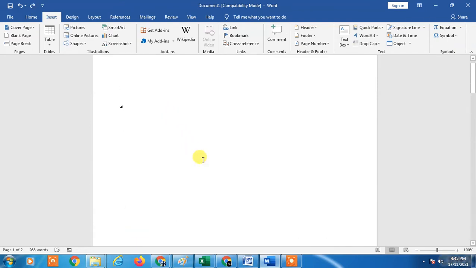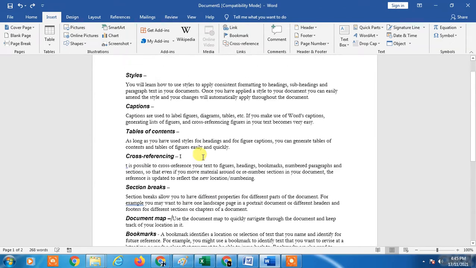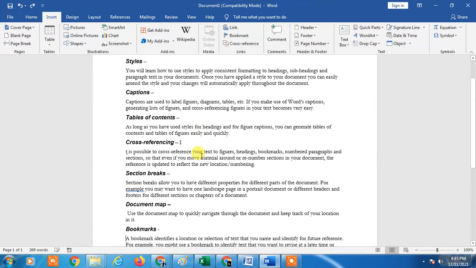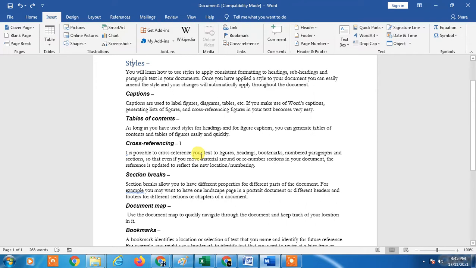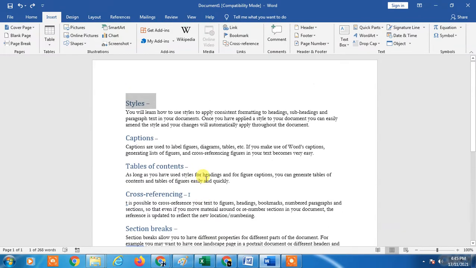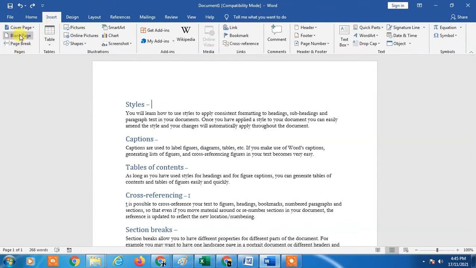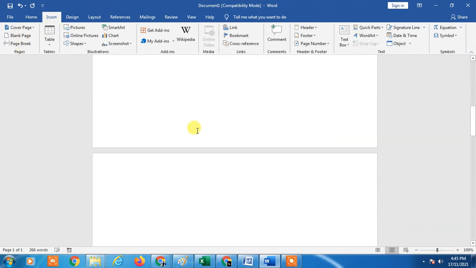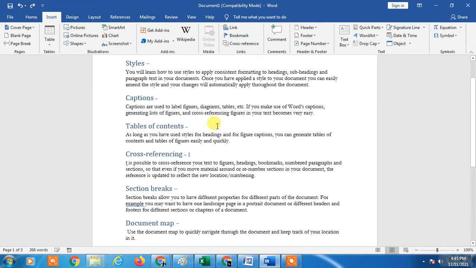Okay, undo it. So I just insert a blank page here, and you can see one blank page, then two blank pages have been added.